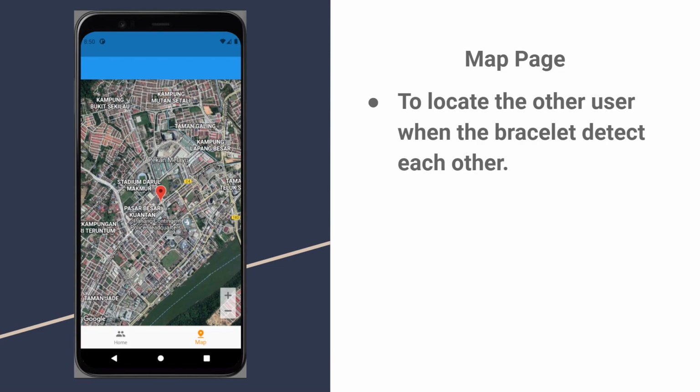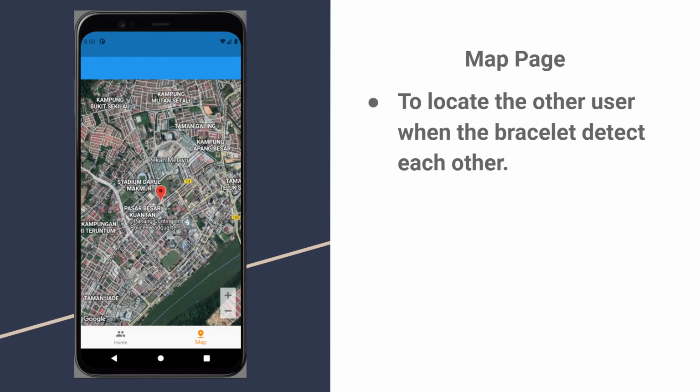This is for when the user wearing the bracelet goes out, for example, to the shopping mall or other place, and the other user is also wearing the bracelet.